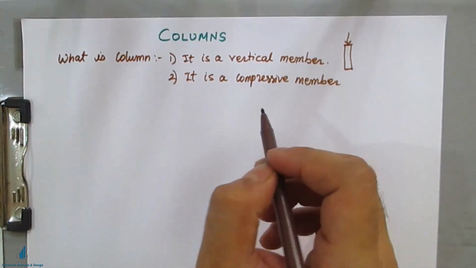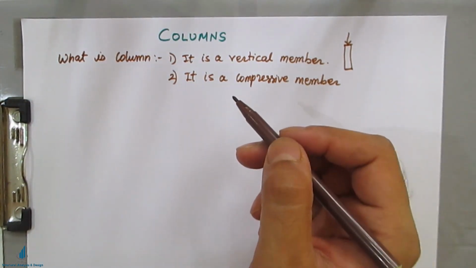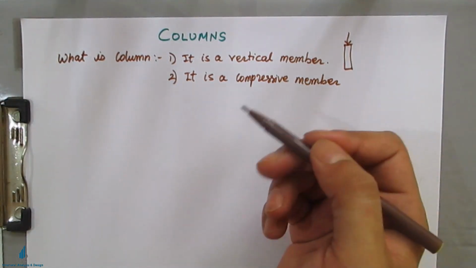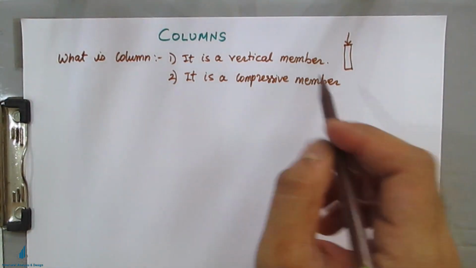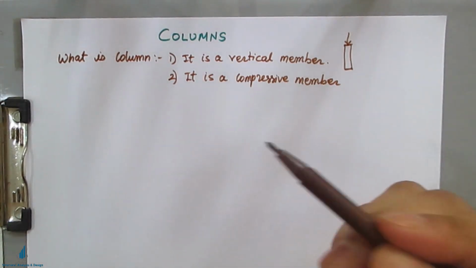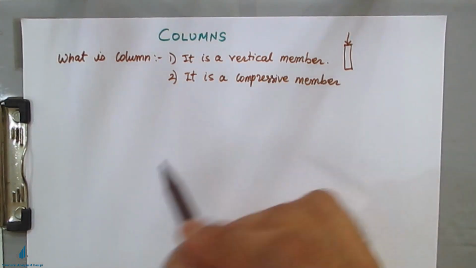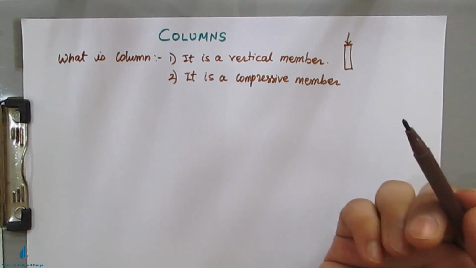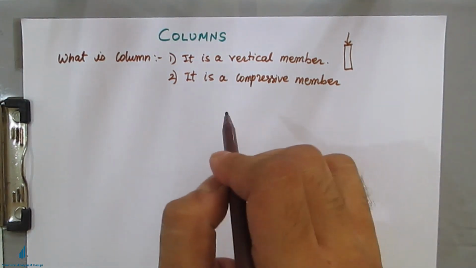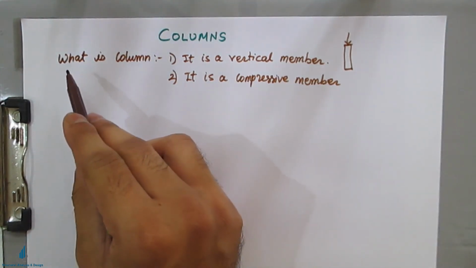So this lecture will be about what are columns, why we provide reinforcement to the columns, how many different types of loads come onto it, and what is meant by eccentricity. So overall idea I will be giving in this lecture, and from henceforth the next 3 to 4 lectures will be completely based on numerical problems. Before moving on to numerical problems, I found that it is very important to know the basic concepts of column.